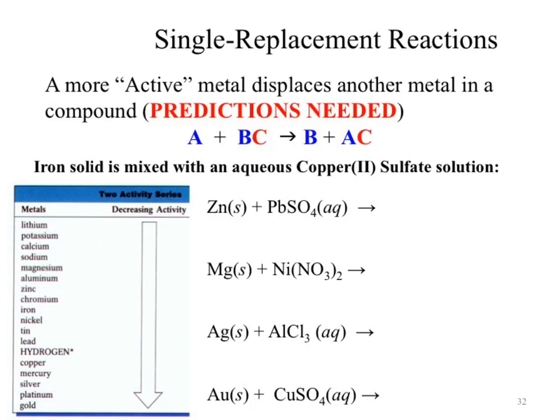You'll notice also that in the activity series, for any one of these questions, you have to compare how many metals? 2. But when we look at the activity series, you'll always see more than 2. Why more than 2? You never know what metals are going to be. We don't know what metals are there, and if I only give you 2, it's too easy. So I'll give you 3 or 4, okay, just to make it confusing. Okay? So I might pick magnesium and manganese. Yeah. So back when I told you to memorize the elements and you needed to know their symbols and all that? You really meant that? Yeah. Okay. Along those lines, I did also really mean, like,